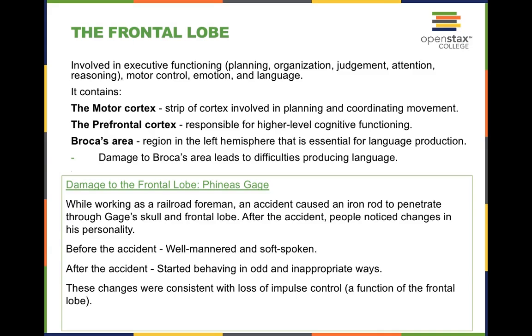This is responsible for higher level cognitive functioning. It's really important for decision making, problem solving, as well as judgments. Obviously, when there's damage to this area, individuals can expect there to be difficulties with impulsivity. All right. And one of the ideas behind ADHD, particularly, is that there is difficulty with that frontal lobe and maybe even prefrontal cortex specifically, because we notice for individuals who have ADHD, there's an impulsivity difficulty as well as